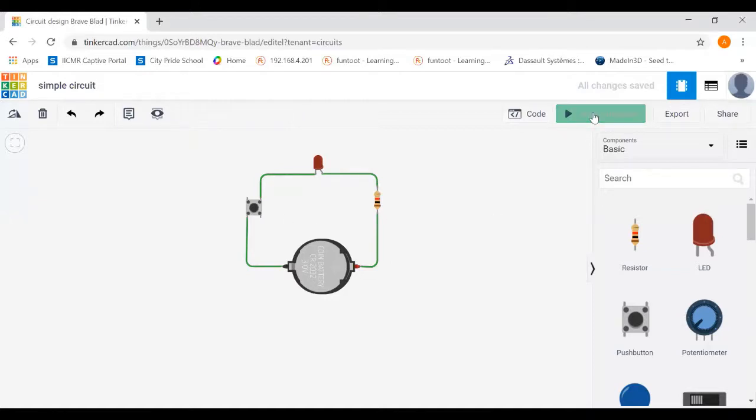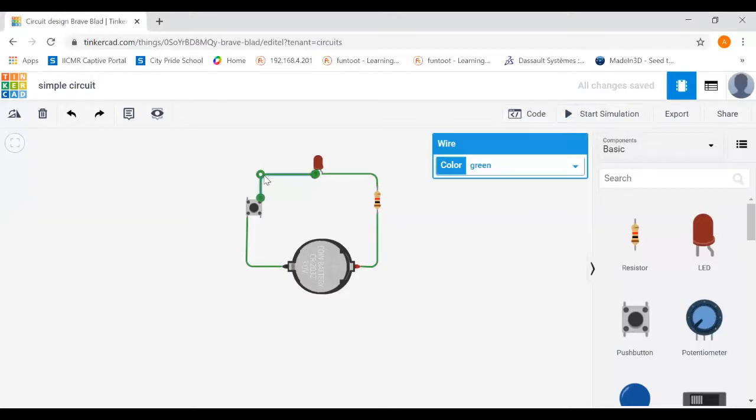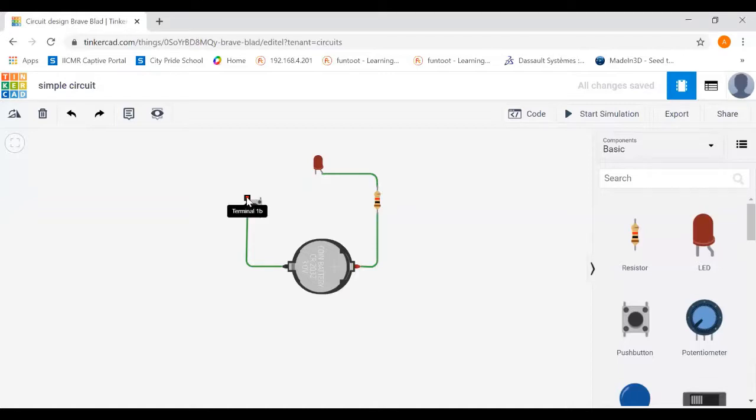Fine. Now if you want to try it with the other option. Fine. So what we can do is, I have selected that wire and I have deleted that. So now what I can do is 1A and 1B, if we select, then what will happen? Just let us check. Fine. So this is a complete circuit now. Start simulation. Fine. The LED is glowing.